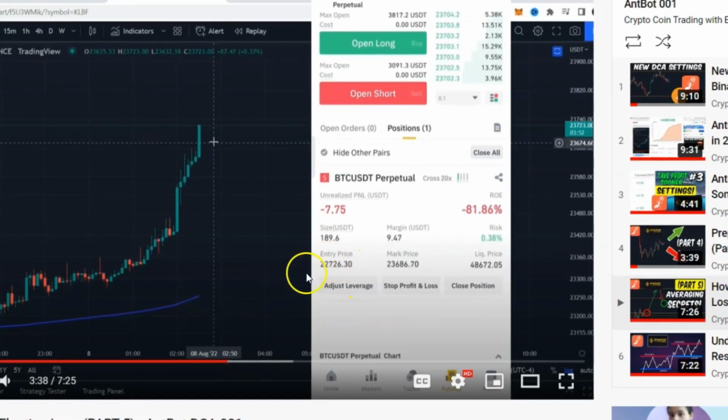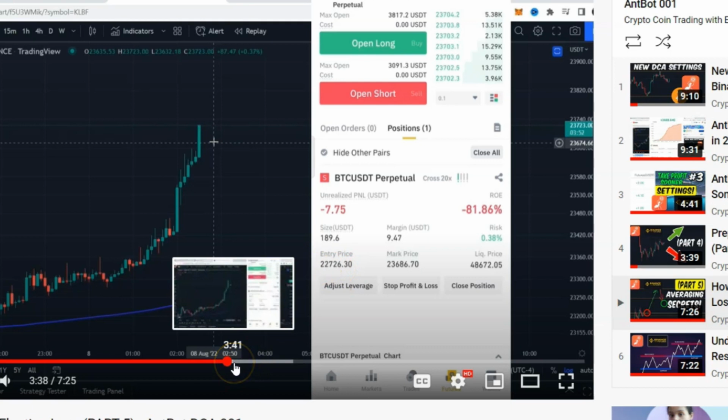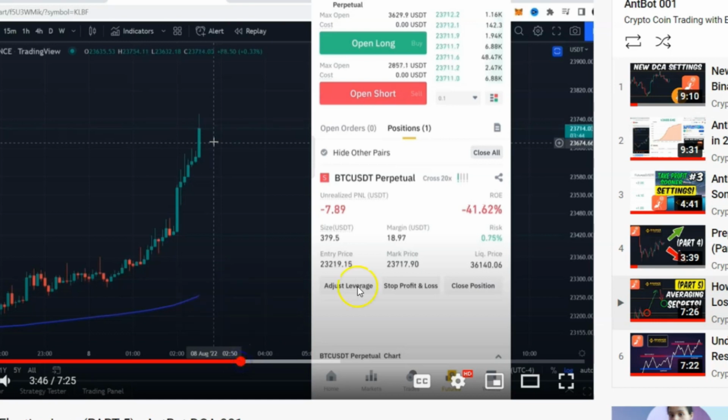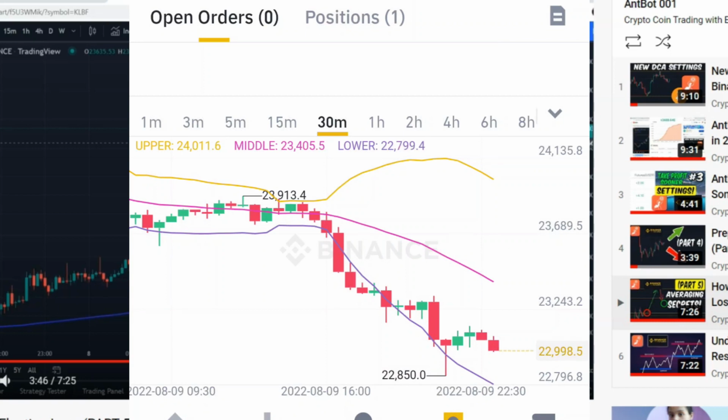Okay, you can see the entry price here from 22,726. After we do the averaging, our entry price goes up. For the short position it goes up to 23,219. And if you look at my phone here, it obviously already hit the break-even point and some more,